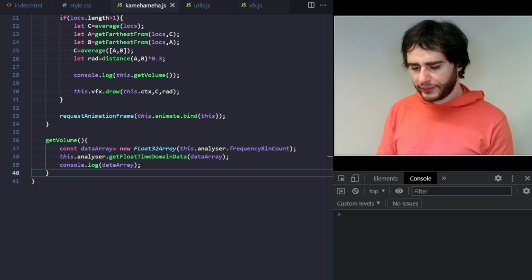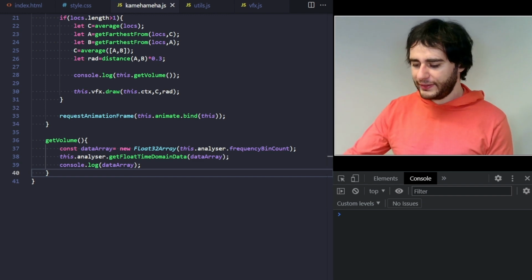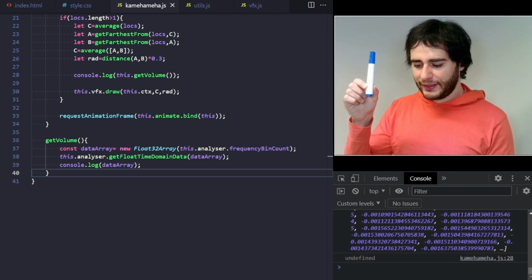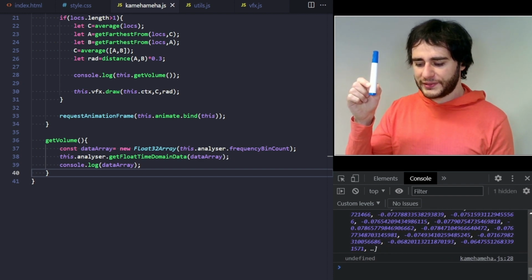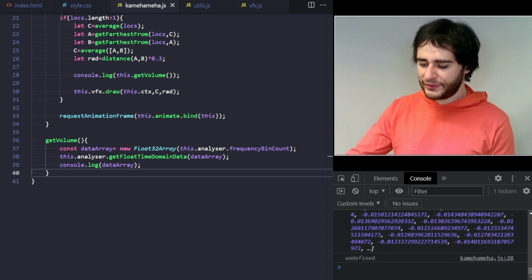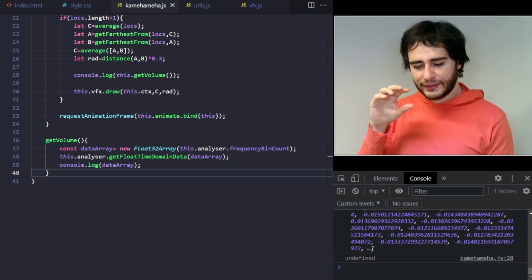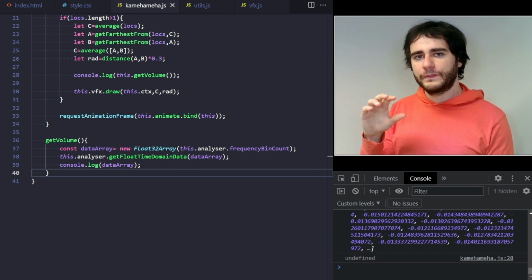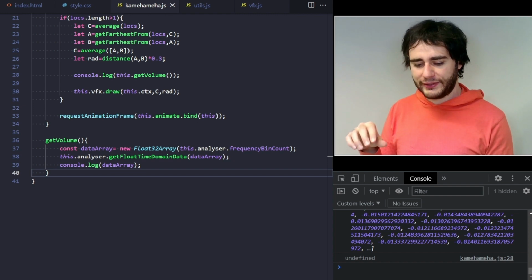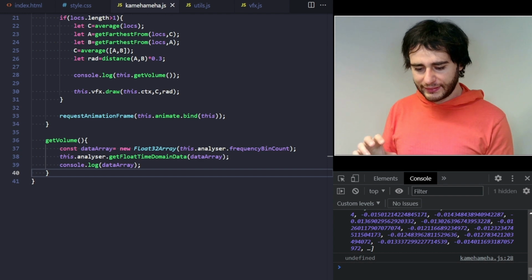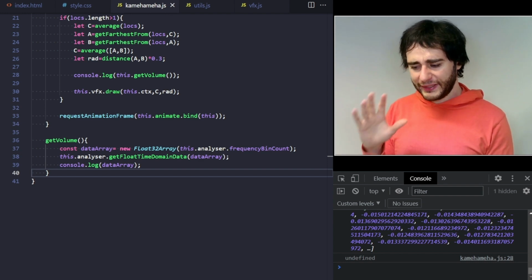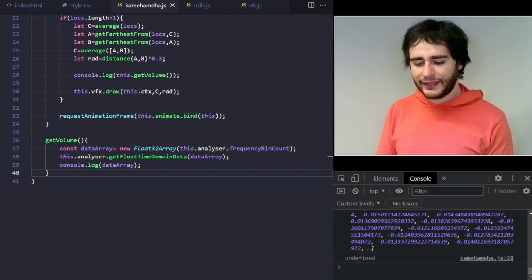Something doesn't work here. Oh yeah, this only works when we have some blue colors on screen. So let's move this here. And now you see some values there, some very small values like -0 something, +0 something. So the volume is only used when the color is on screen. And now I'm just printing it there, but I'm not going to attempt to explain it like that. Instead, I'm going to